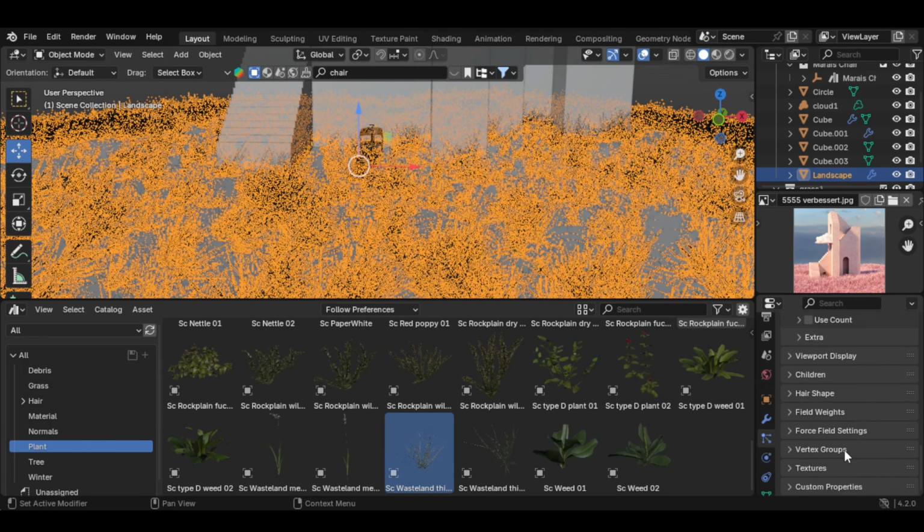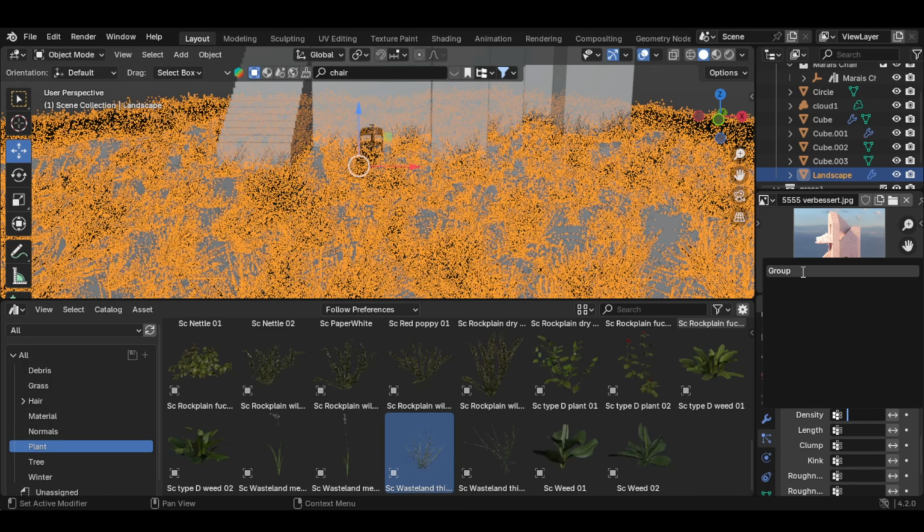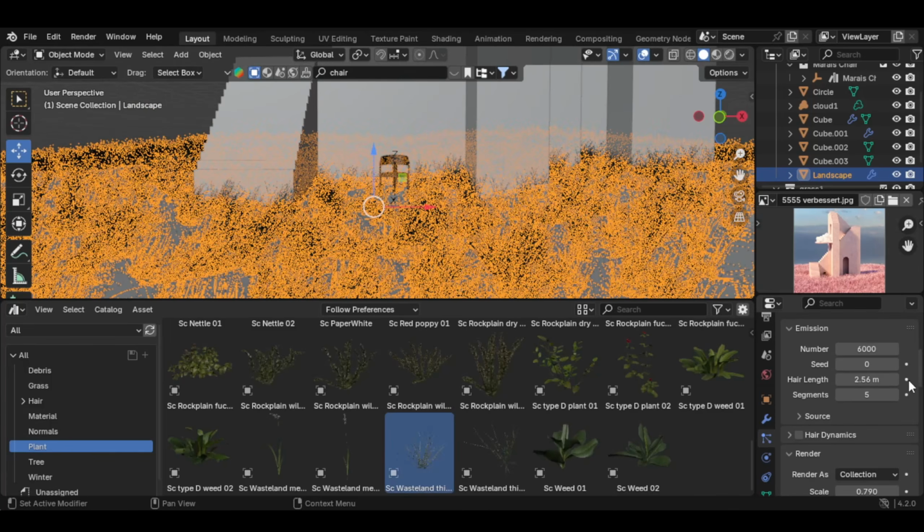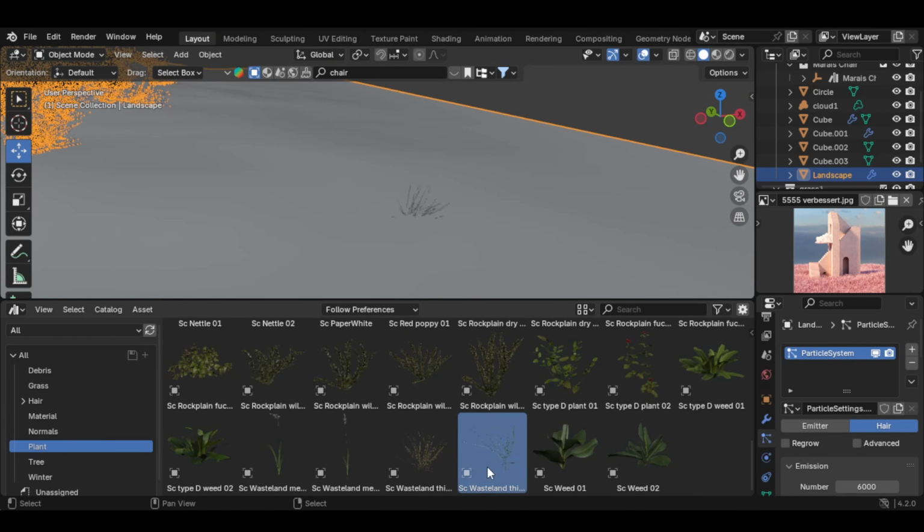Select pick random, go to your vertex group and select your group, the weight paint, and let's decrease the length a bit. Let's add another plant. Let's add the wasteland number 2,